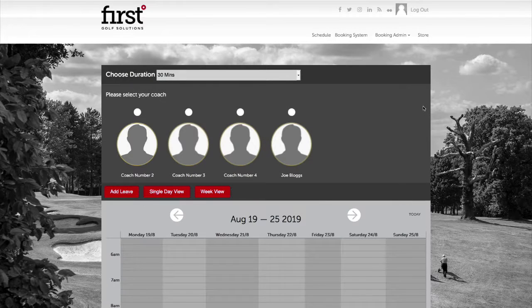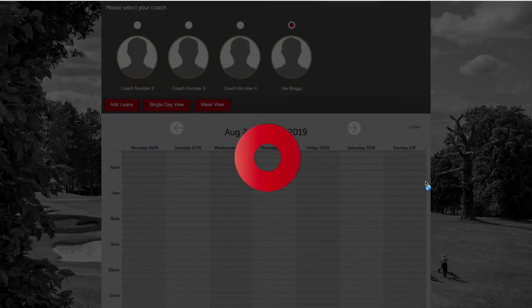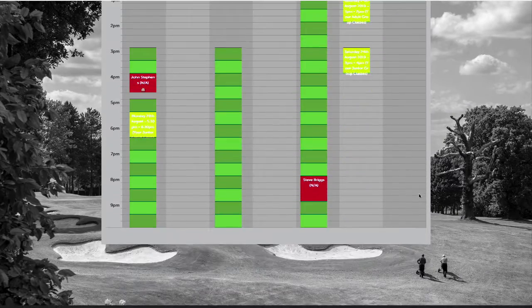Let's take a look now at how we would handle the scenario where we need to add a note to a lesson that's scheduled within the system. A customer has phoned up and they have indicated that they have a lesson on Friday the 30th with Coach Joe Bloggs. By selecting the coach and navigating to the appropriate date, we can see the lesson in the diary